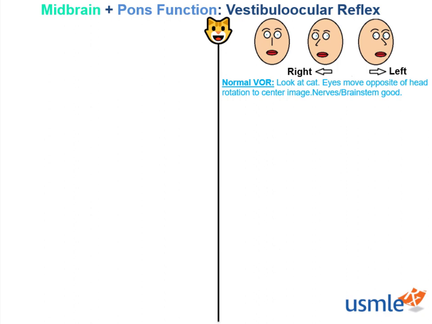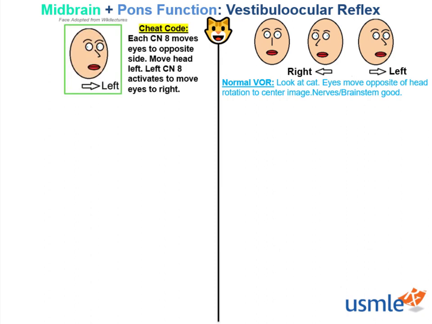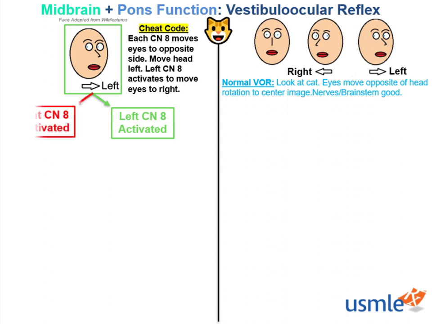Let me share my own cheat code to remembering this reflex. Each cranial nerve 8 moves the eyes to the opposite side. Look at this image. If the head moves left, the left cranial nerve 8 activates to move the eyes to the right. Let me walk you through this example. If the person looks to their left, the left cranial nerve 8 becomes activated and the right cranial nerve 8